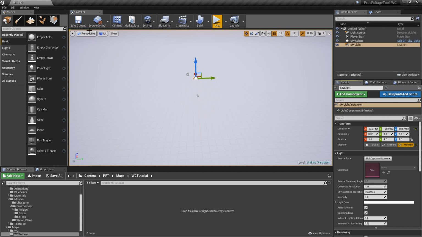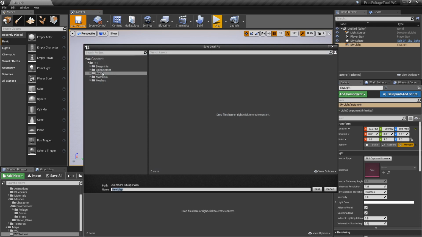So with that said, click on Save Current, and we're going to save our new map in the folder called WC Tutorial. And this is going to be the persistent level, right? This is going to be the top level of the hierarchy where it will always be loaded, right? So we're going to call this map world machine persistent. You can call it whatever you want. I'm just going to call it that, map WC persistent,